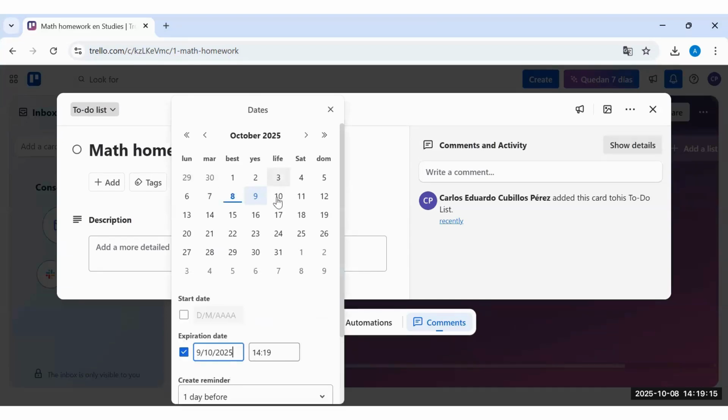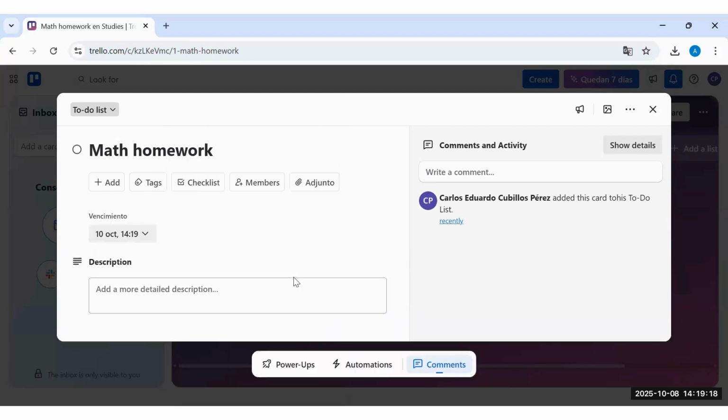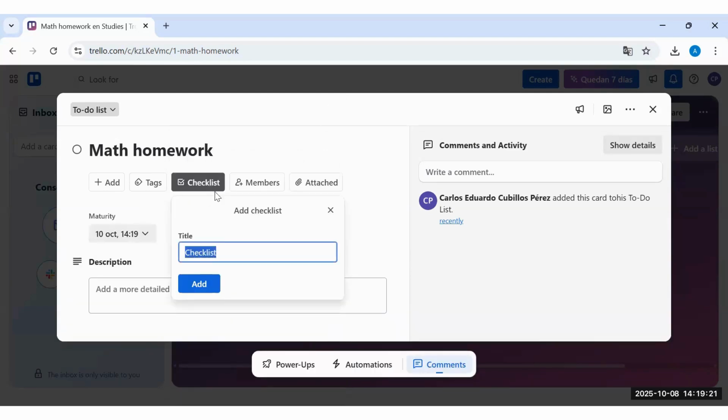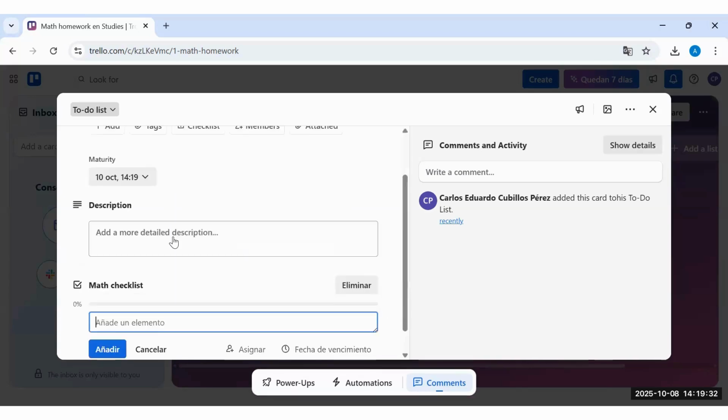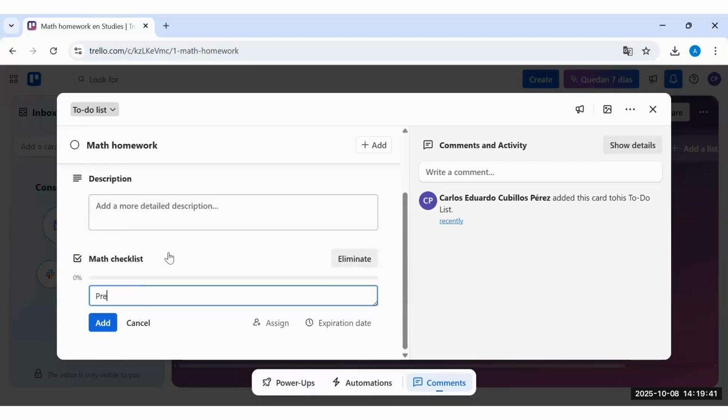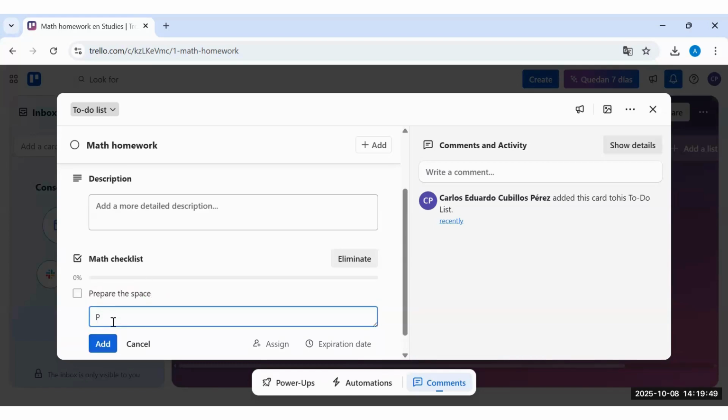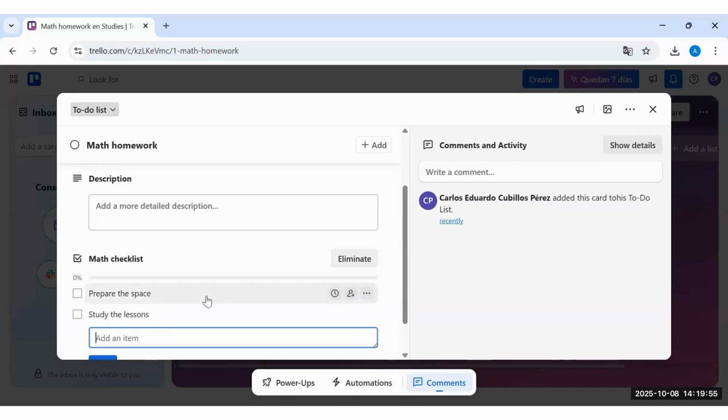I need to do the math homework on October 10th. And I need to create a checklist for the math homework. Let's put as a title math checklist. And in this checklist for math, for example, prepare the space to study, then study the lessons and finalize the exercises, for example.